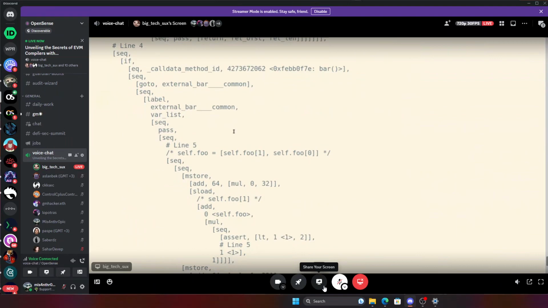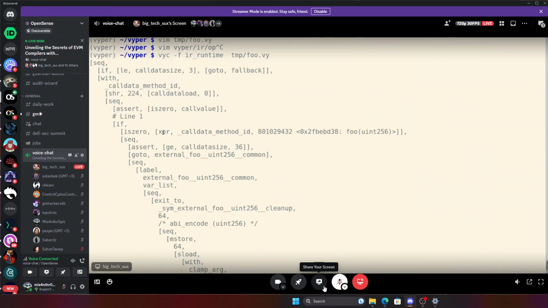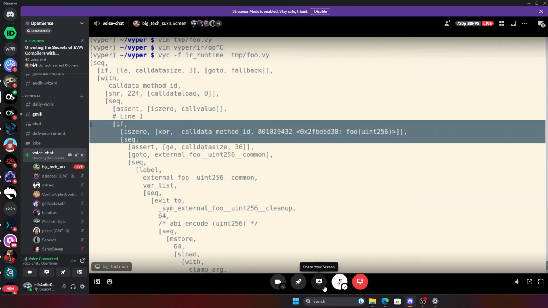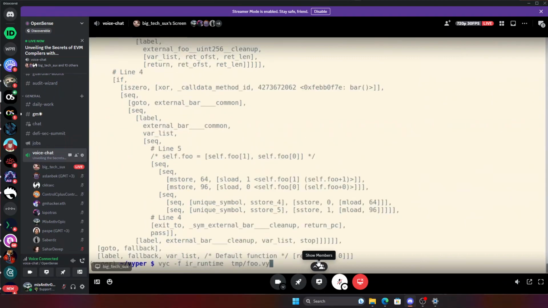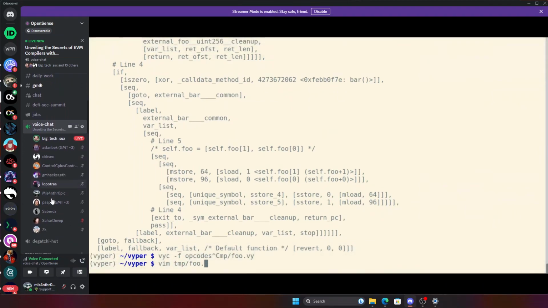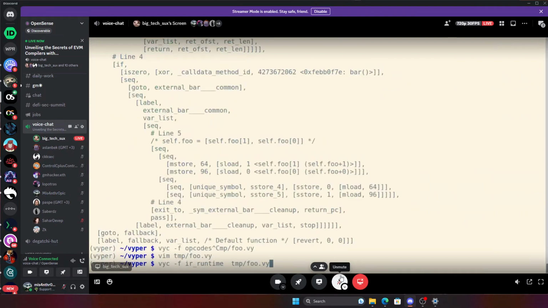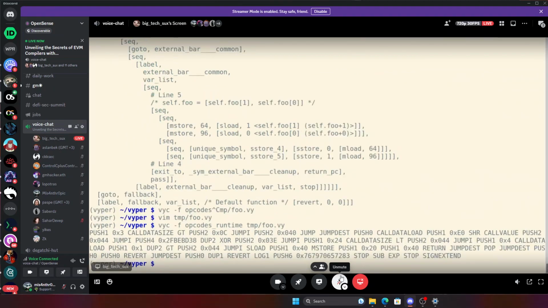And then it turns out that it's actually better to use an XOR with an is zero here, and that's because this gets compiled differently. So if we, sorry, I'm gonna remove this other function for now because it's distracting. So if we look at what that looks like in the runtime,